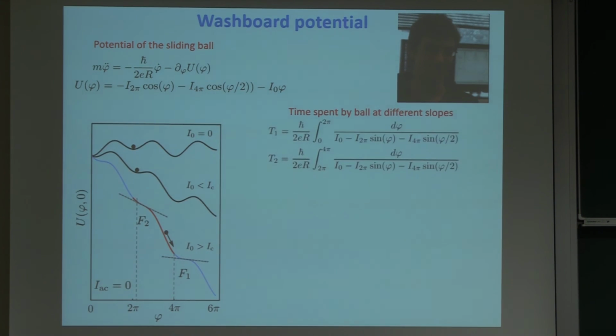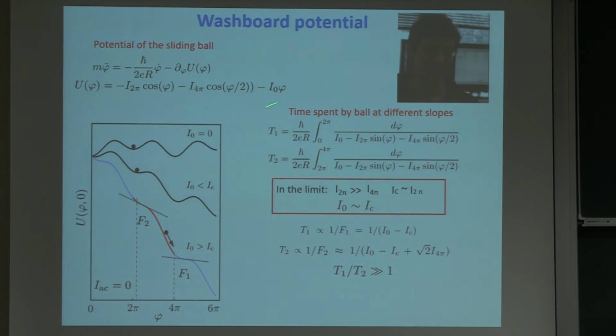So one can actually see immediately that one can think about it as two different slopes with two different periods. So now let me just show you this. If I think about the T1, and this DC current is a big value, then the T1 is comparable with the T2, and I always see the 2π periodicity. So for example, for large current and for large frequency, at the end I can only see the 2π periodicity. Only in a case when there is a difference between these two slopes, and I can slide and stop only on one of these minima, I can see the